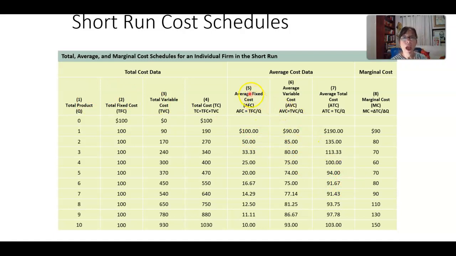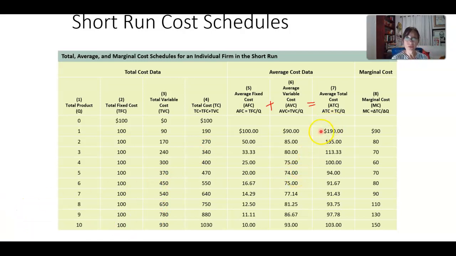Yeah, remember, average fixed cost plus average variable cost gives us average total cost. So you could put a plus sign here between these two, plus equals. Sometimes you might have data in different formats, so you want to be able to manipulate this information. All right, so let's take a look at